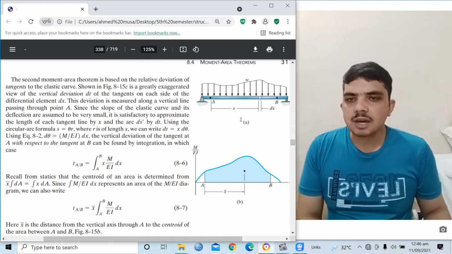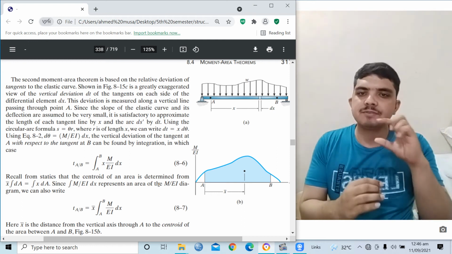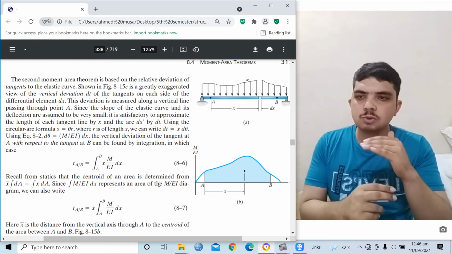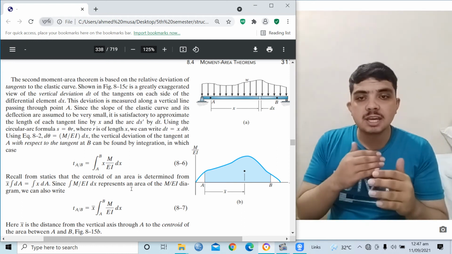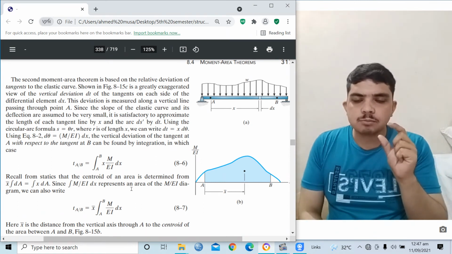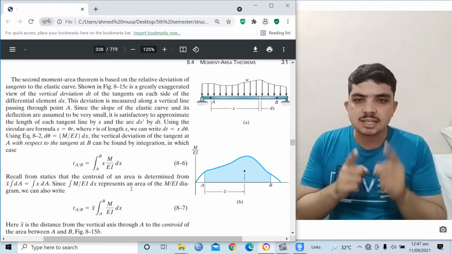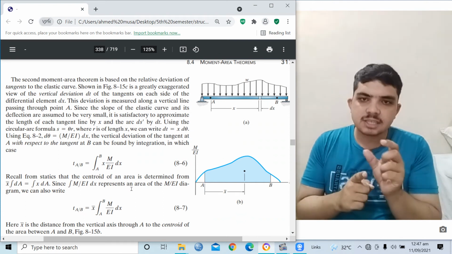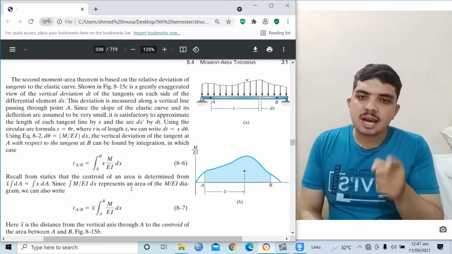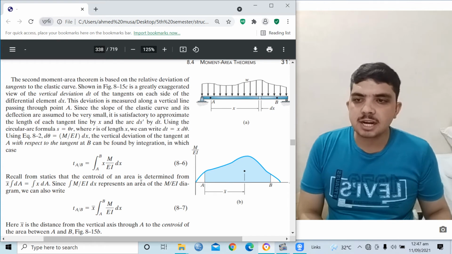Now we are coming toward the vertical deviation or vertical displacement of this beam after applying the load. So how can we find it? We will find the area of the M by EI diagram, and then we will multiply by the centroid of this area